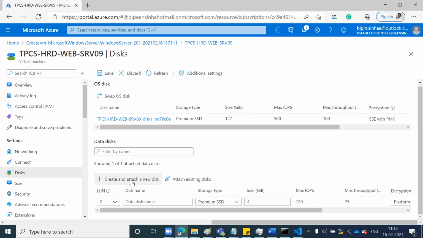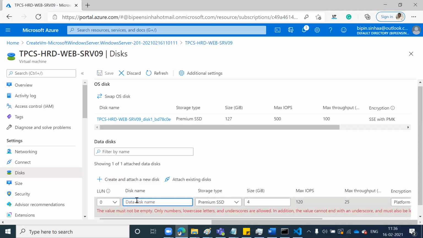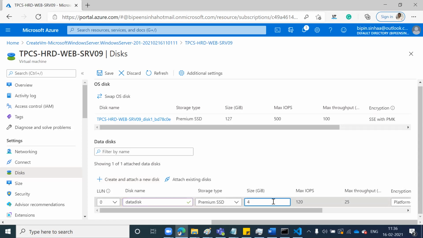Give it a disk name, maybe additional disk or data disk, whatever you like. Let's say I have requested a 4 GB hard disk, so you give 4 GB. And just click save on the top.